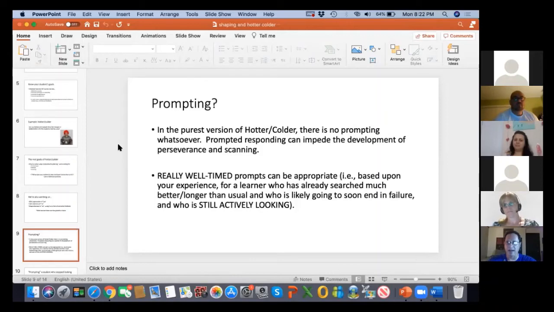And we also can't have prompt dependence or errorless teaching all the time. So it really depends on how much history my student has and how healthy that history is. If they are, let's say, somewhat averse to prompts and really haven't developed many skills at all yet, my first goals will probably be getting them used to tolerating prompts and teaching them that it really works out for them when they do. And I'd be prompting lots and lots of things. I mean, like 80% of their responses in a day might be prompted.